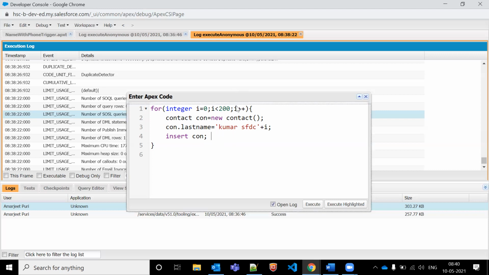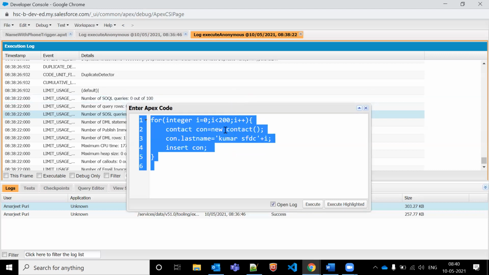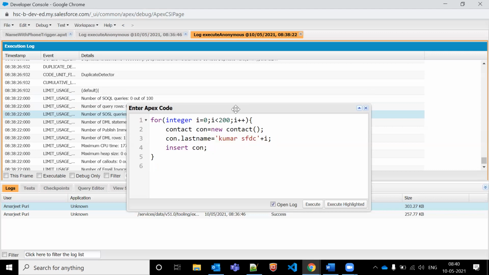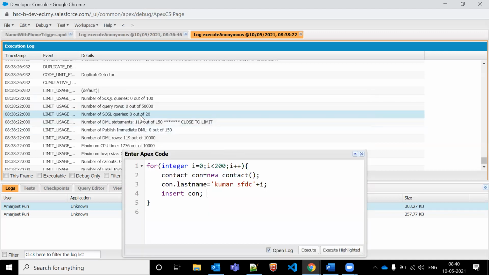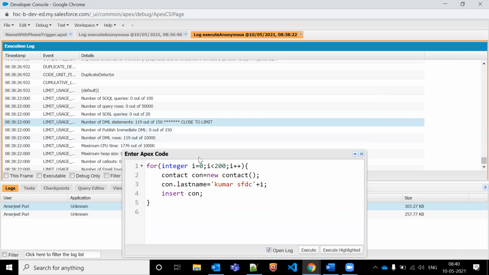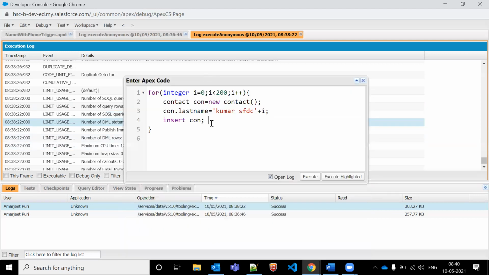150 गवर्नर लिमिट है सेल्सफोर्स की, हम कर ही नहीं सकते, ठीक है। तो आपने देखा होगा यहाँ पे, देखो ये बता रखा है गवर्नर लिमिट जो है 150 से ज्यादा हम कर ही नहीं सकते। तो इस इशू को ओवरकम करने के लिए हम लोग करेंगे क्या, डीएमएल हमको करना है, और हमको 2 लाख रिकॉर्ड्स इंसर्ट करवाने हैं डेटाबेस में। मतलब कुछ ऐसा ऑपरेशन है।